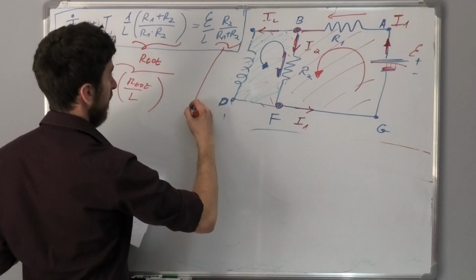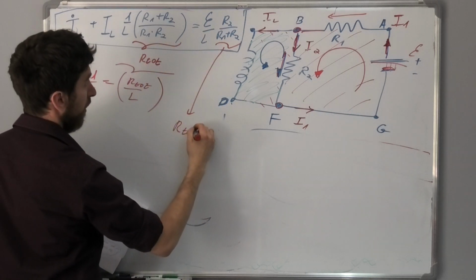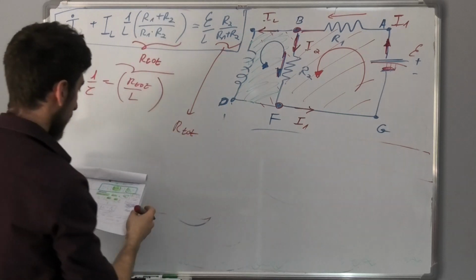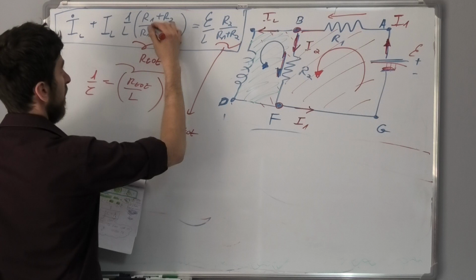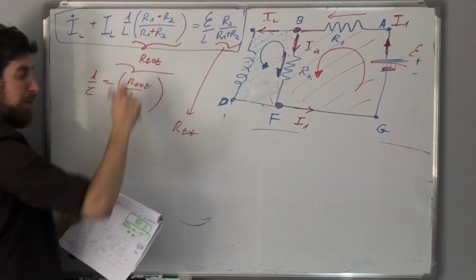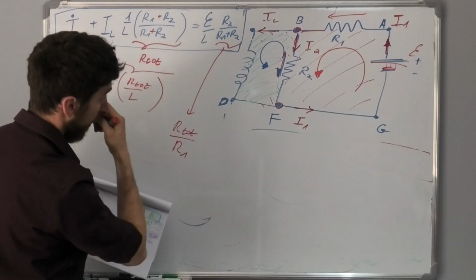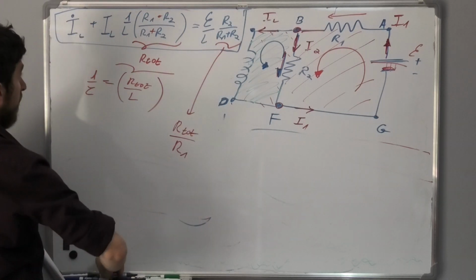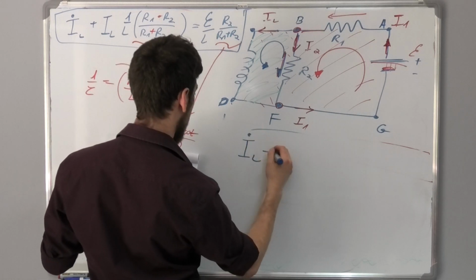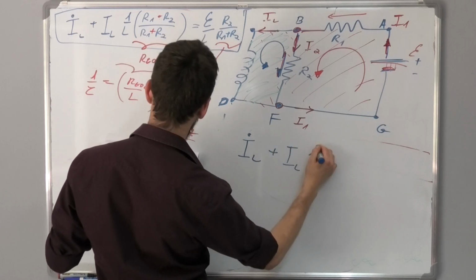And what is this term? This term is similar to R total, it's R total actually. Sorry, here it's plus, and here's the multiplication. Okay, sorry about that, correcting this mistake. And here it's like R total but divided by R1. So if I want to write it simpler, I can just write it as I dot L plus I_L times 1 over tau